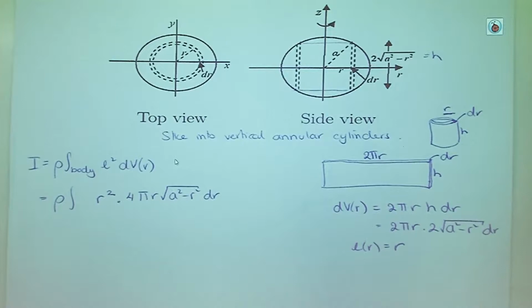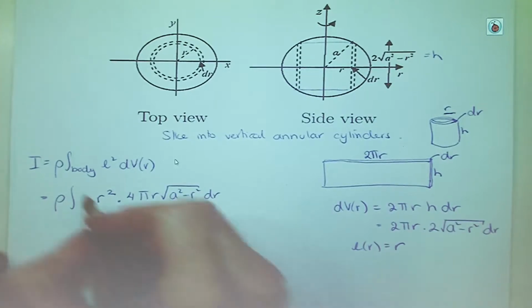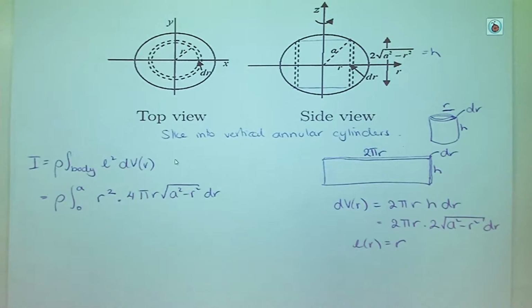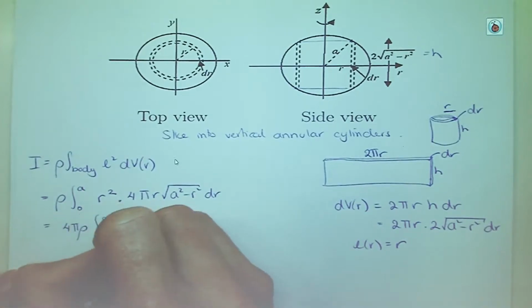Now, if you can tell me the bounds of integration, you can have it, Ollie. We're integrating with respect to r, so the smallest radius is, the biggest radius is, not x. Beautiful. The radius of the sphere. So we're integrating from 0. That's the tallest, skinniest cylinder. The biggest, fattest, shortest cylinder is going to be a. That's it. This looks a bit trickier, doesn't it? 4 pi rho r cubed